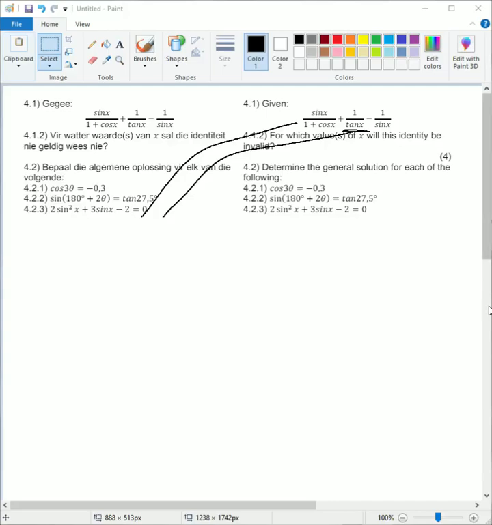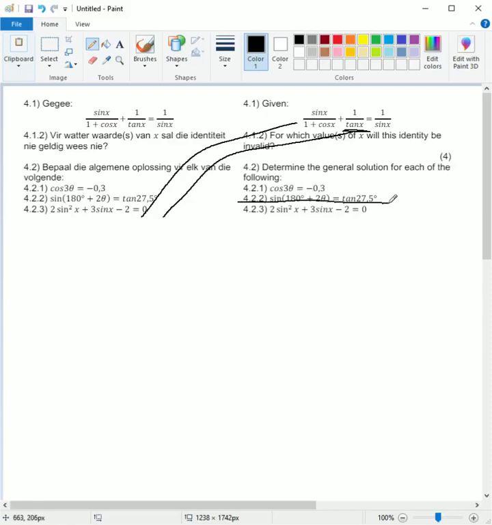Right, 4.2.2 and 4.2.3. I think we'll do those two together in this video. I don't really want to spend too much time on 4.2.2. I think that it is quite similar to 4.2.1. So if you are confused about some of the things that we'll deal with, then go look back at the